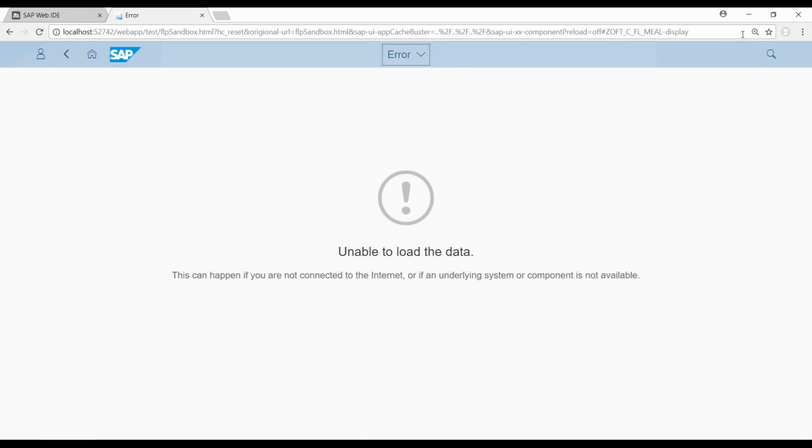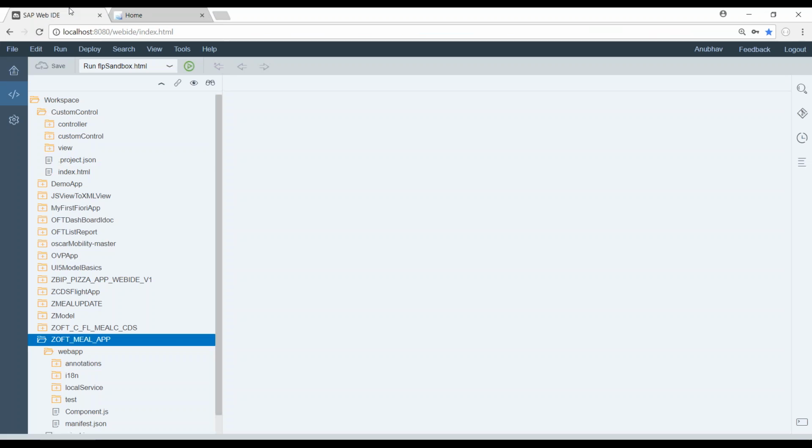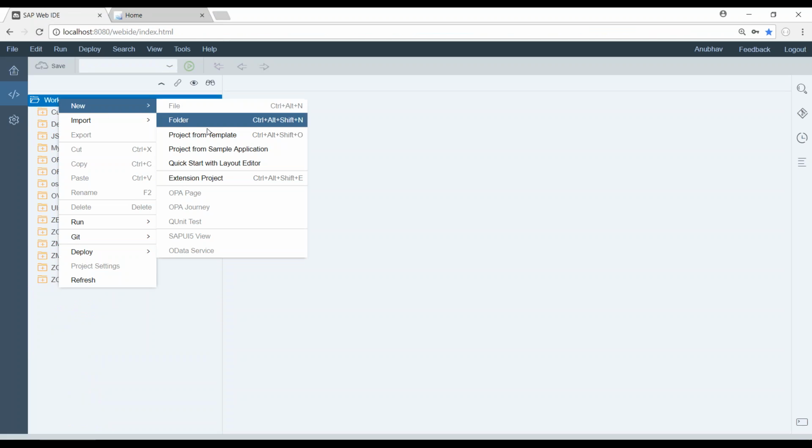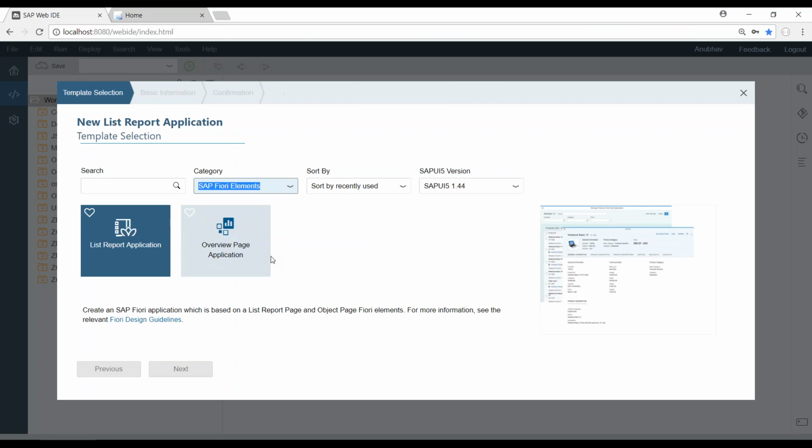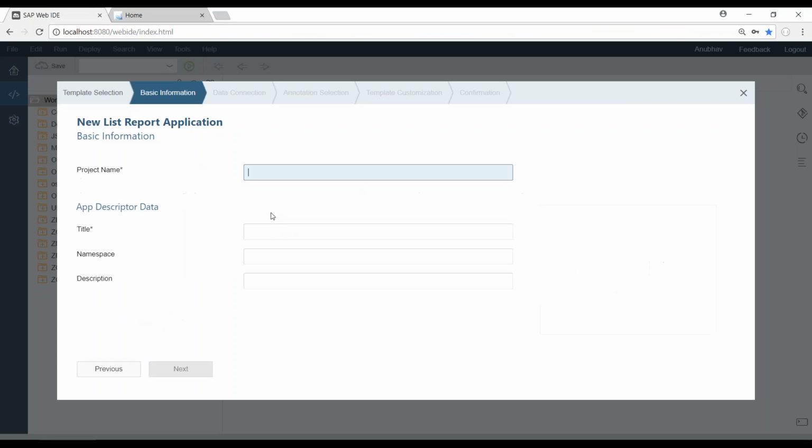Something went wrong. I think this draft table creation would have caused a side effect to my whole application. Let me try recreating the application quickly one more time. So what I'll do is right click, new project from template, and say Fiori Elements, List Report, and I'm just going to give the project name Z Online Fiori Trainings,